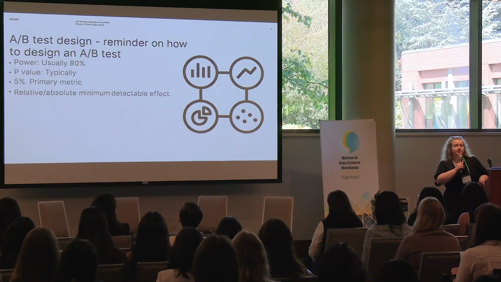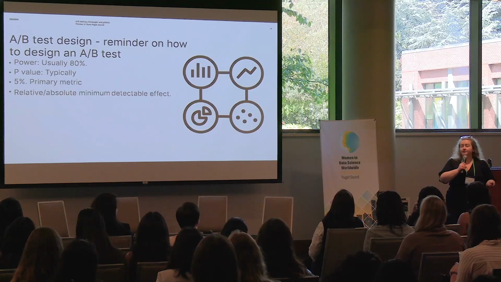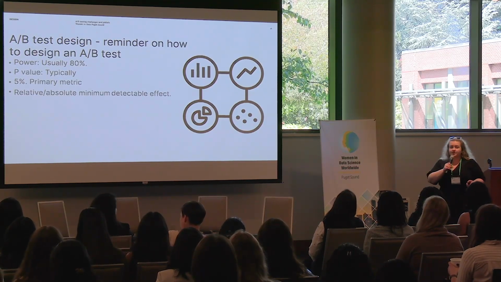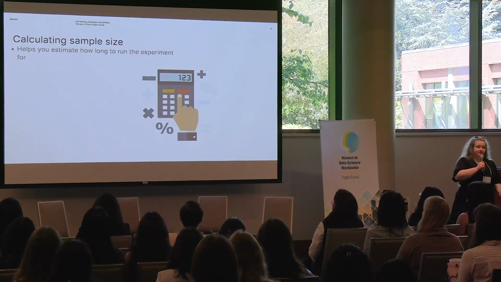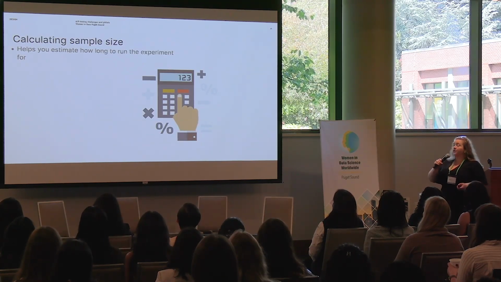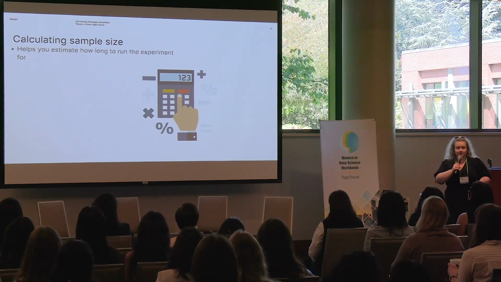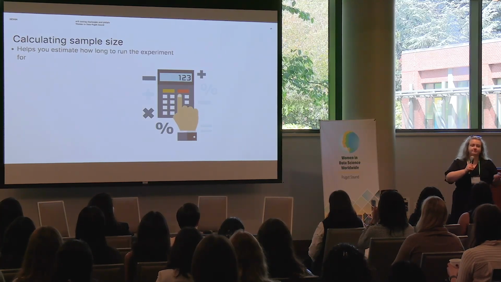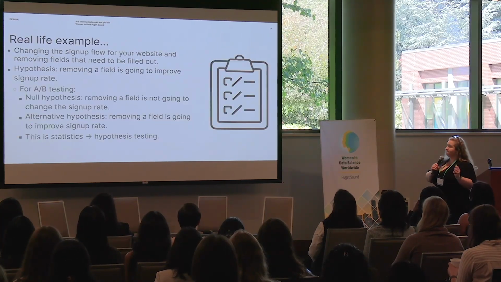The primary metric is just so that you know what you are trying to change with your test. You should be really clear about that up front, and we'll go into a little bit more detail. And you want to guesstimate how much that metric can move. You plug all of those numbers in, and that's going to give you the sample size. You can then use your sample size to calculate how long you need to run your experiment for. For example, if your required sample size is 50,000 users, and you have 25,000 hitting your website every week, and you need 50,000 in each group, that means that you need to run your test for 4 weeks.